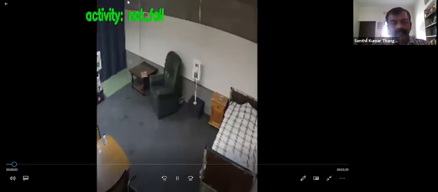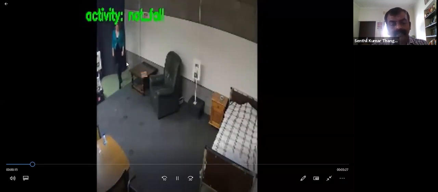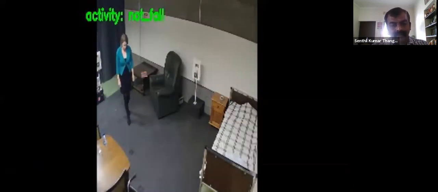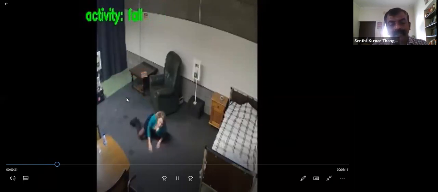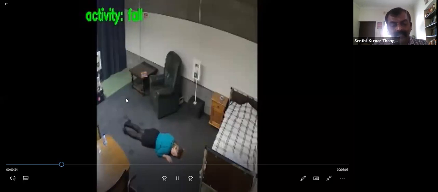Yeah, you can see here, this is an activity-based classification problem that we have built. The camera data is being provided to the model built on LSTM, and it shows the activity as not fall, right? So a person is coming inside, okay, and let's take that the person loses control and falls down, right? So it is a fall detection problem. Until the person falls down, it will not show us fall, right? So what we have done is we have taken all possible images and trained using the deep learning model on LSTM. Once a person falls down, it will classify the activity as fall, right?